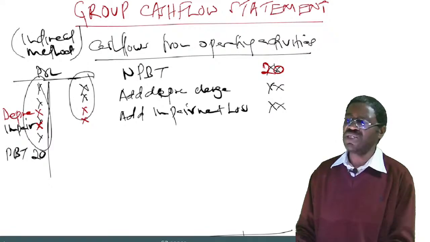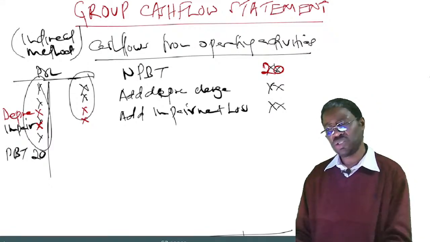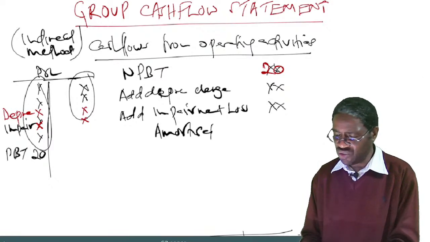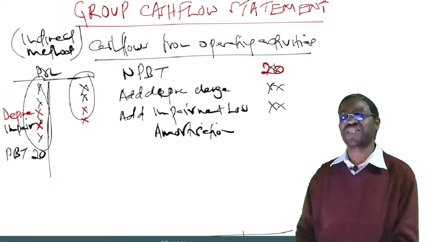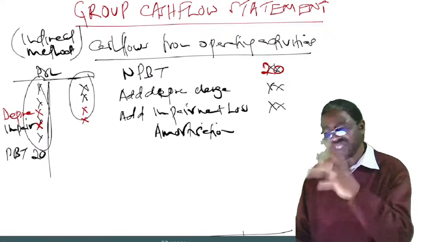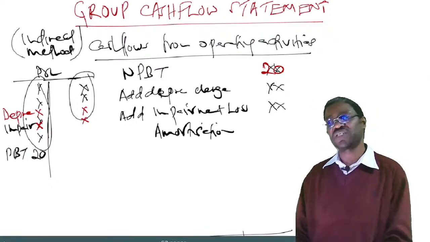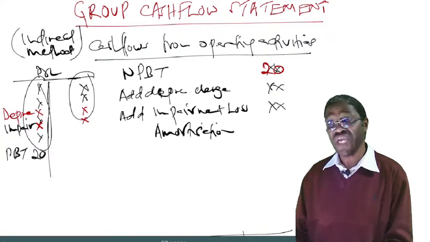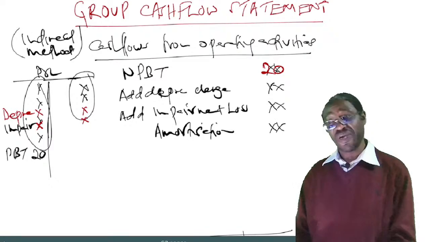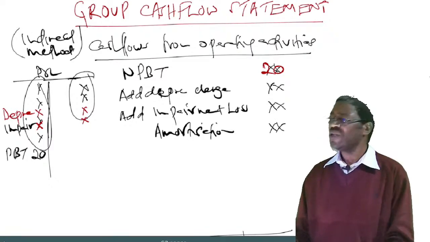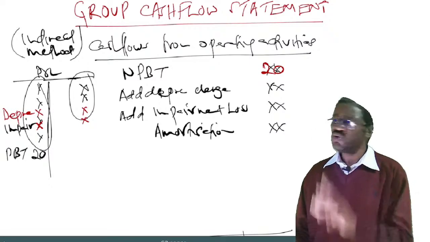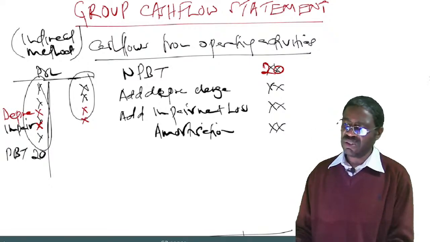Others could be amortization of intangible assets. When you amortize your intangible assets like patents, trademarks, and so on, that amortization you charged did not involve any cash. Yet you took it. You come and add. It could be that you as a company sold a motor vehicle, and when you